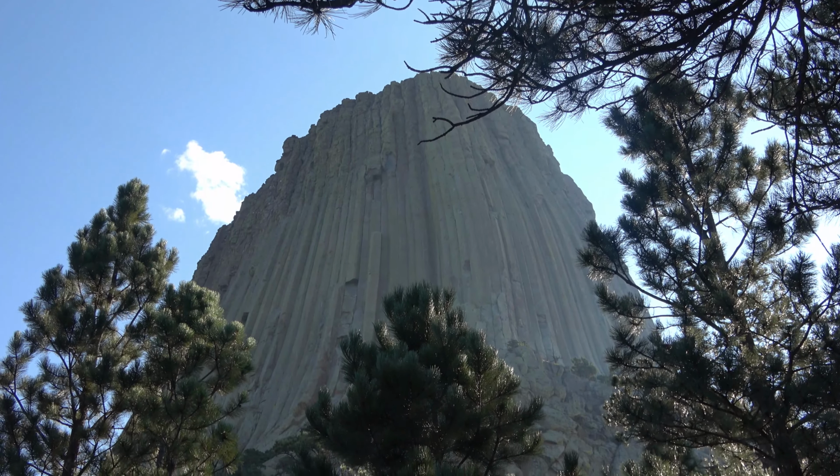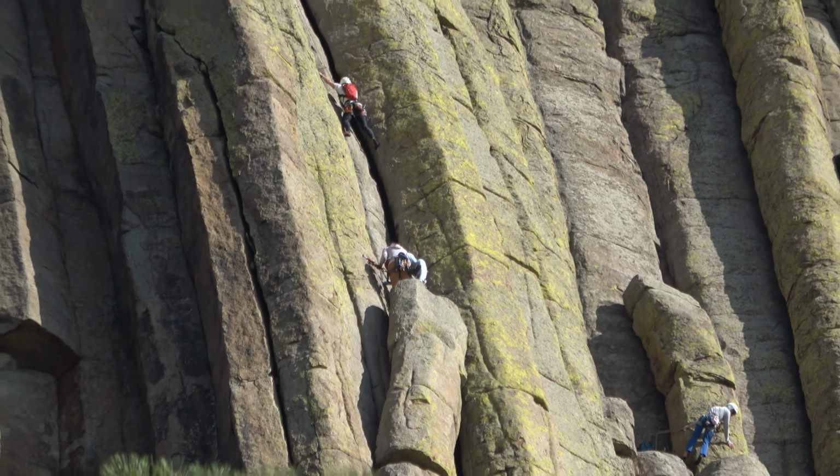Today, join Roberta and Greg at Devil's Tower National Monument in the state of Wyoming. Discover the awesome beauty of the world's largest example of columnar jointing on a 1.3-mile hike around the base of